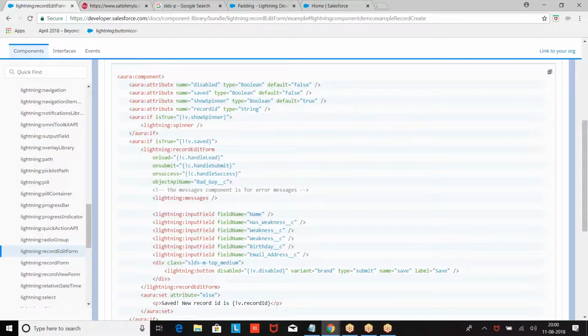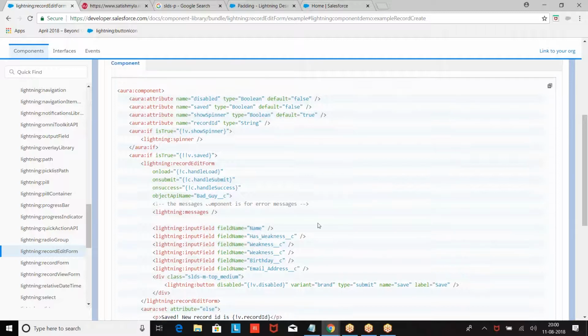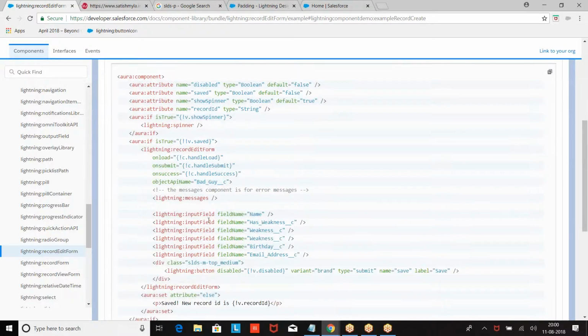Then how do you specify it? We have lightning input field. The second one is lightning record edit form. Lightning record edit form, and we have lightning input field. So in this we are supposed to specify